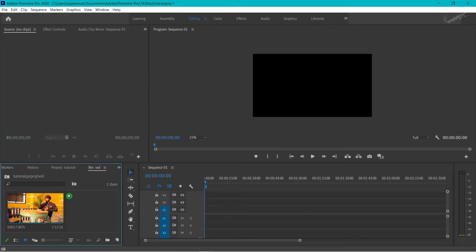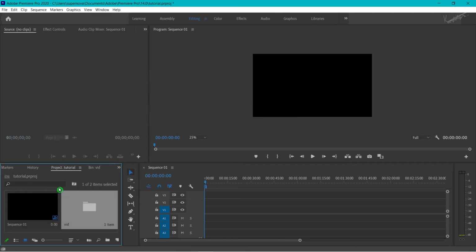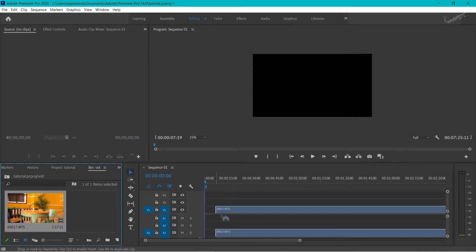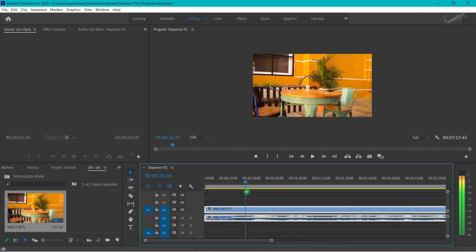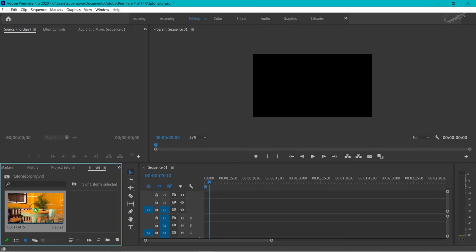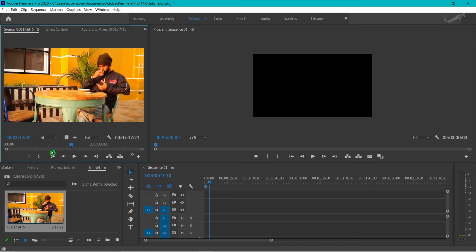After importing the footage or a clip into the project window, the next step is to put that clip on the timeline. When a shoot happens, the clips are always captured with some extra frames at the start as well as in the end. A clip can directly be dragged into the timeline but will include all the other frames which are not even required. To avoid these unwanted frames in the clip on the timeline, the clip is first dragged into the source window.